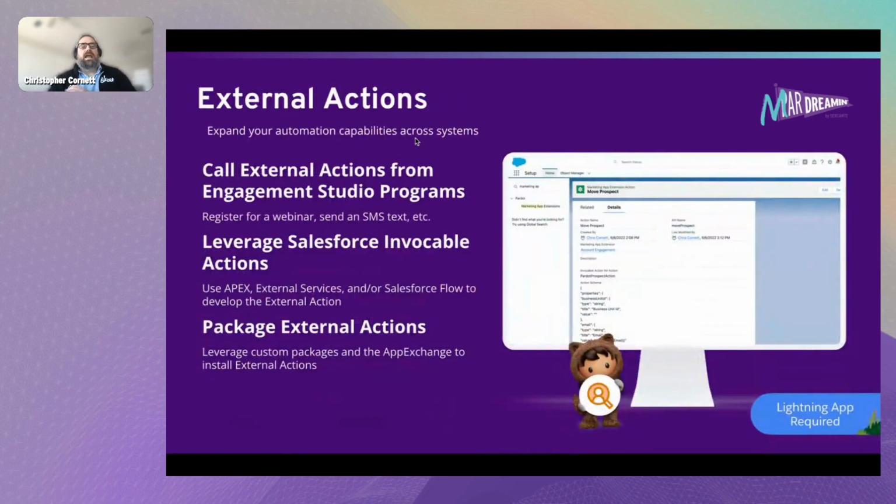So what are external actions and why are they important? Because there are a lot of capabilities that exist in third-party systems that you may want to trigger as part of your Engagement Studio program. And that's exactly what external actions are designed to enable, allowing you to do things like register someone for a webinar, kick off an external workflow, or send someone an SMS text, opening